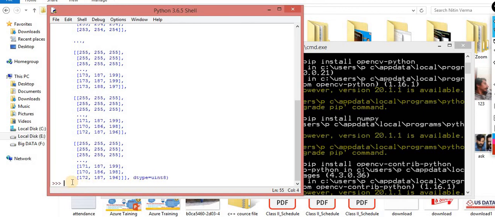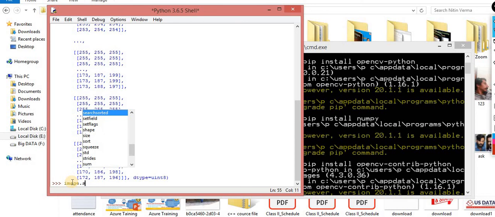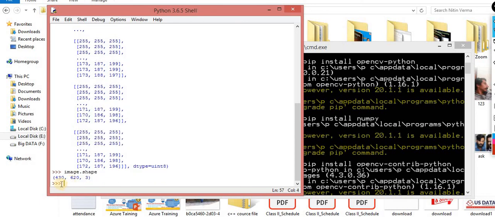Next, let's suppose I want to check the shape, img.shape. This describes the rows and columns, and this one is the channel.